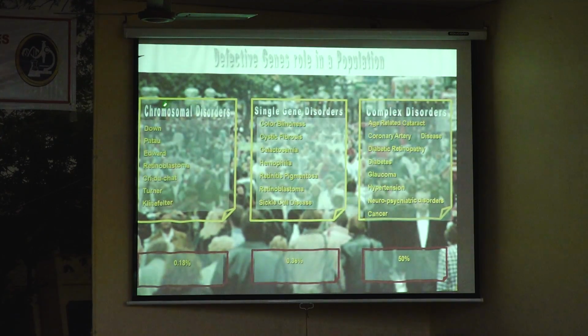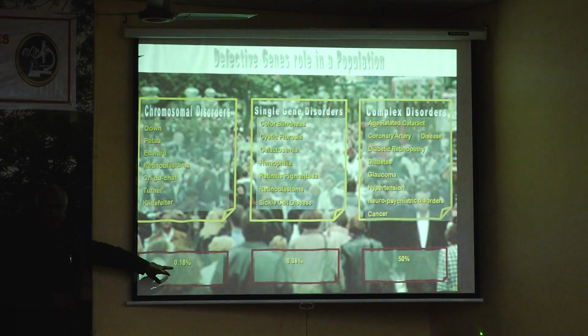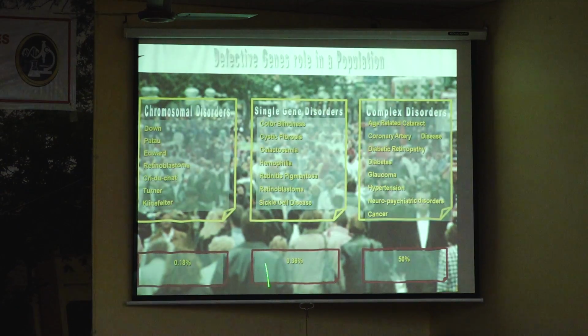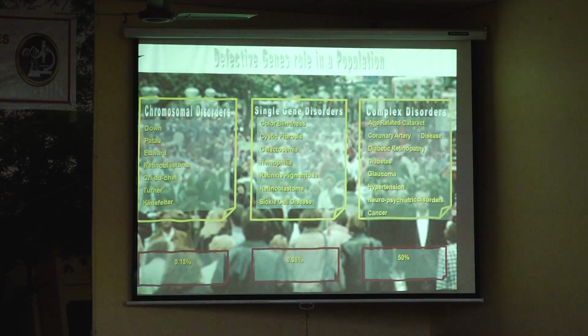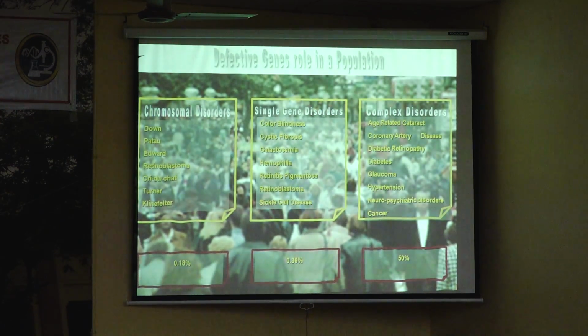If you come to the chromosomal disorder, there is any addition and deletion, what we call monosomy, trisomy like that. So if there is any problem there, they have this kind of disease. But you can see the percentage, the occurrence is only 0.18. But in single gene disorder, I told you 19,000 genes are there in the human, 547 genes for eye disorder. If even one gene is defective, they will end up with this kind of disease, color blindness, cystic fibrosis,